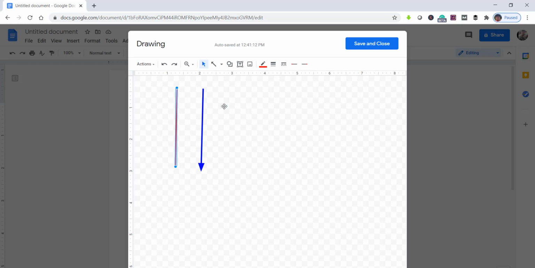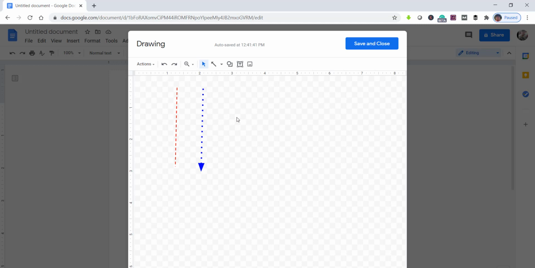One more thing is you can also make it a line dash. Click on this, and you can see that you can make multiple structures, like the dashed line. Based on your requirement, you can select it. If you click here, it will make a dash line. If I click here and change it to dot, see, it will make it like this. So this is how you can use the shape option to draw a vertical line.